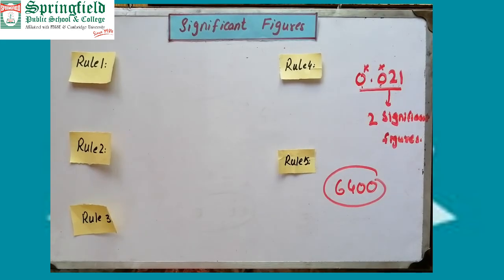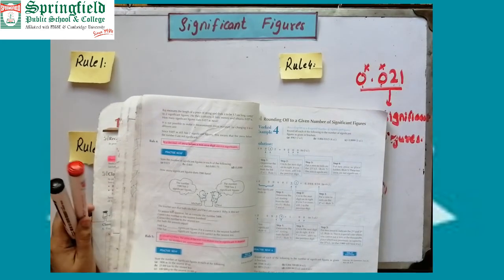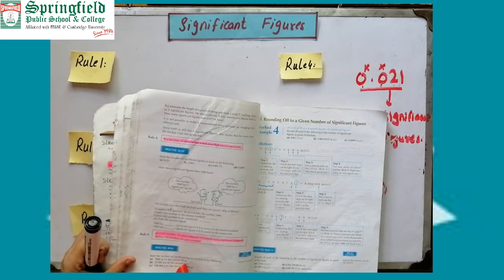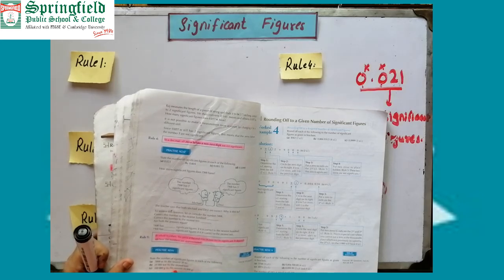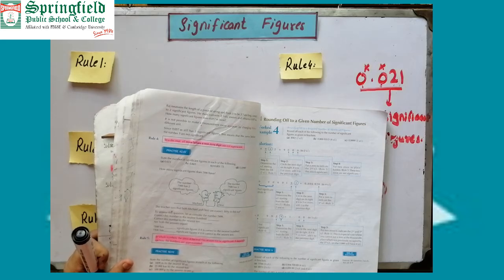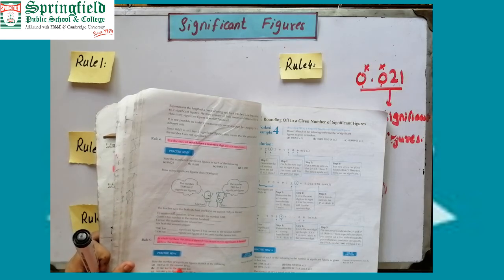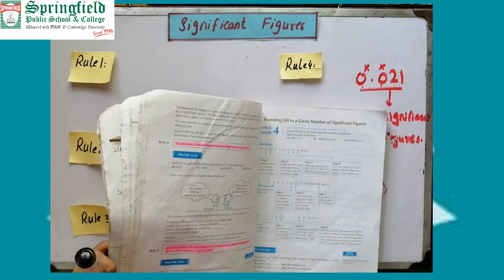Now beta, practice now on page 65. Question 1 is 3800 meters to the nearest 10 meters. So they are saying to round off to the nearest 10 meters, and the next number is kilometers. They are asking how we can write these in significant figures. Write the significant figures of 3822, then 2530 kilometers, and then 100,000 grams to the nearest 10,000 grams. Fine. So find the significant figures of all these numbers. It's your task. Complete this question in your notebook. Fine, beta? Okay.